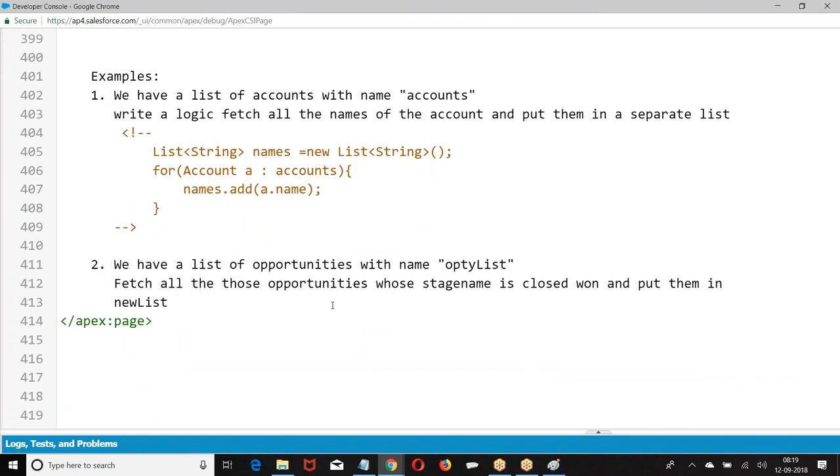We have a list of opportunities with the name OptiList. From the OptiList, take one by one record. Check whether stage name equals closed one. If the stage name equals closed one, put them in a separate list. Write the logic for this.